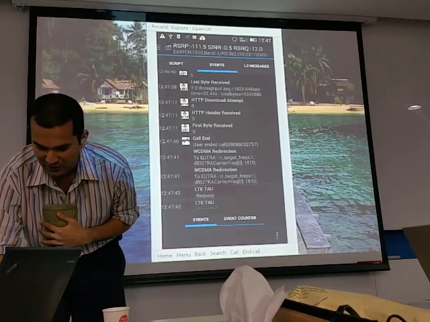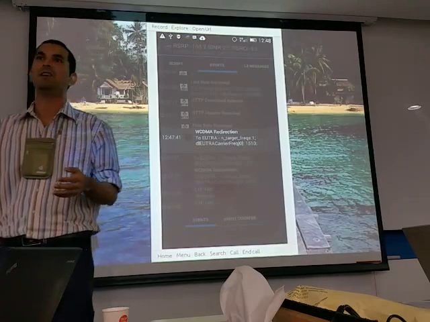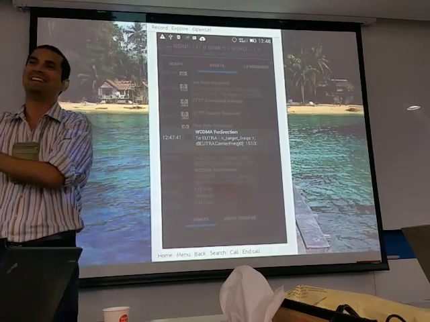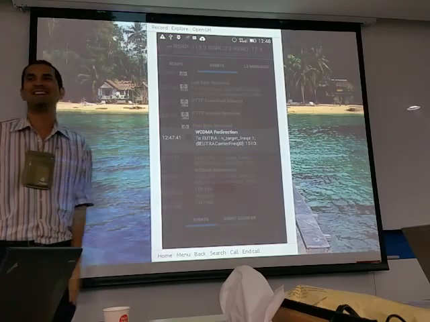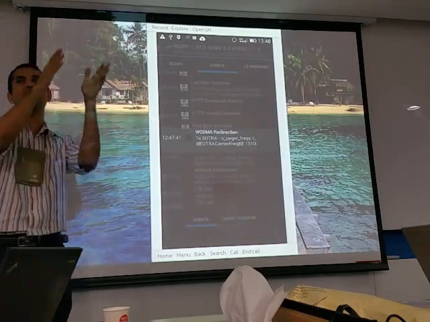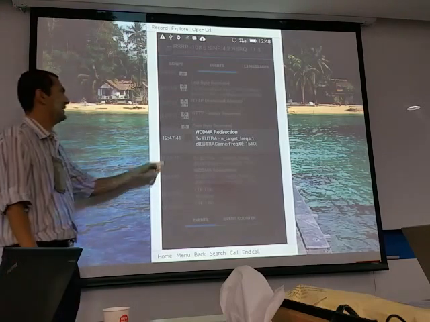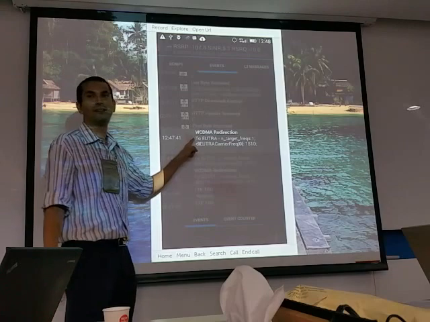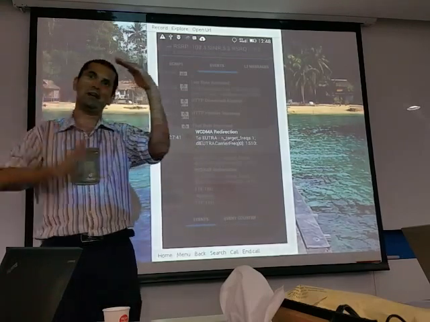We have WCDMA redirection to eUTRA. Anything with E in front is actually LTE. Yeah, so anything with U is WCDMA. That's so ARFCN becomes UARFCN, UARFCN becomes EARFCN. Right? So here in the RRC connection release of WCDMA, after we end the call, CC disconnect,